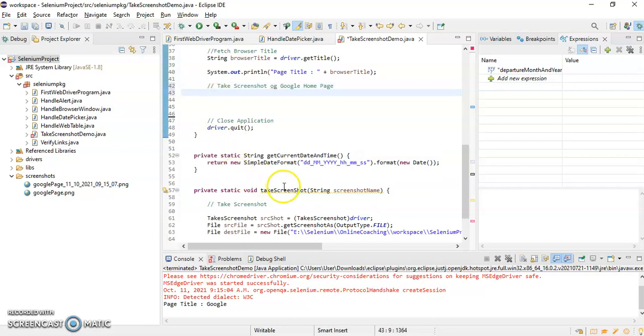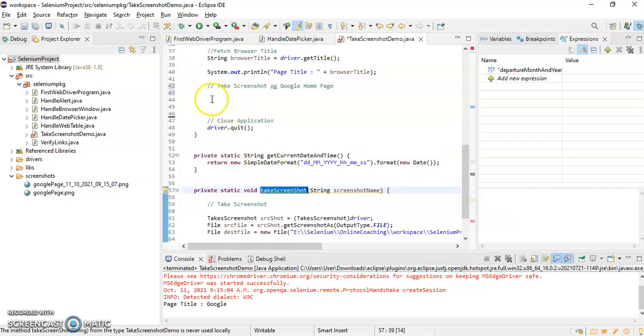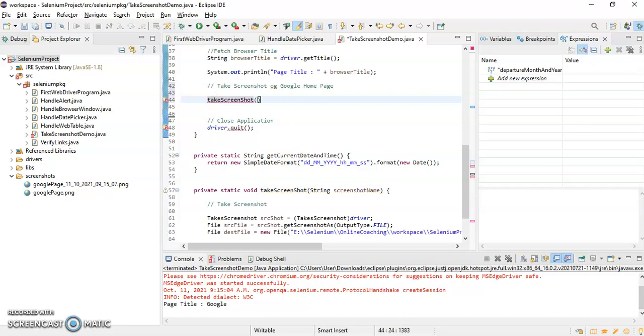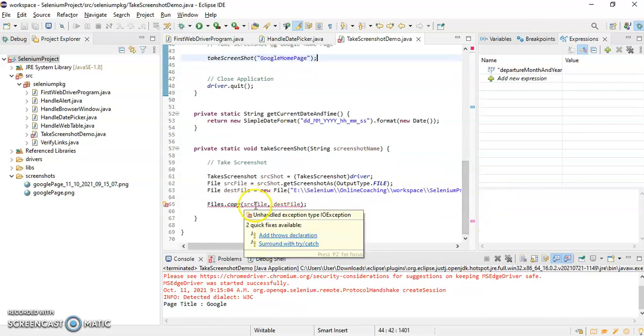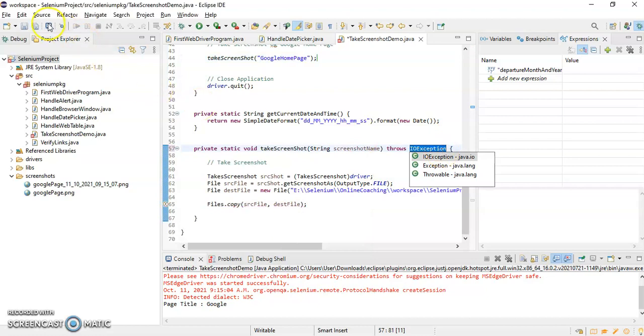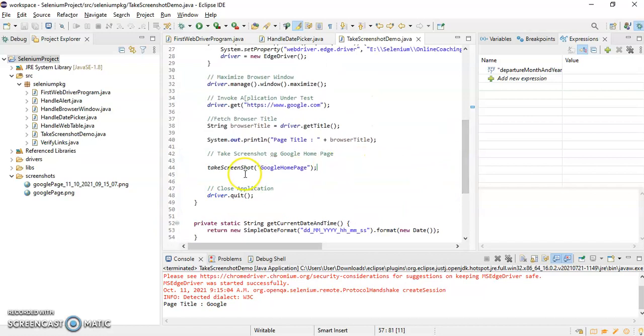I just have to call this method takeScreenshot and give one name, so I'll name it Google homepage. That's it. It has to handle the IOException. Now I have called this takeScreenshot method. Let's run the script.